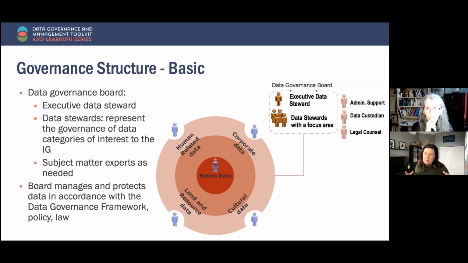And so everyone would have to examine this from their data perspective, but then they come around a table because this is one impact assessment, and the executive data steward would need to think about it in its totality. Legal counsel would be important here because maybe there's legal action associated with this contaminant event. So anyway, just wanted to give you a sense of what this might actually look like if we think about an example of a data access request that might hit the table.